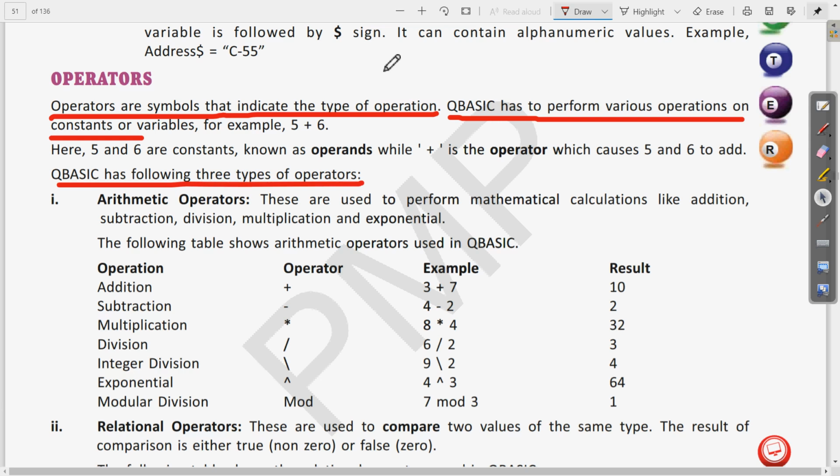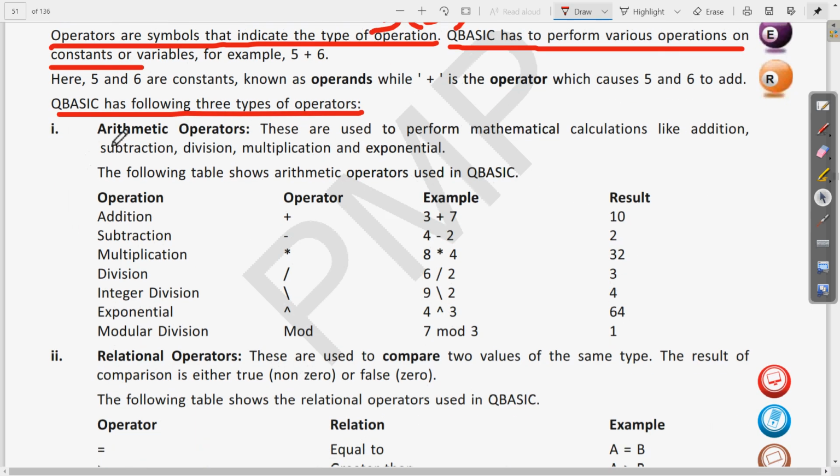So this is the beginning of the answer, 5C, what is an operator and what are its types. So first we have to write the definition of operator, that operators are the symbols that indicate the type of operation. Then second are the different types. QBasic has the following three types of operator.